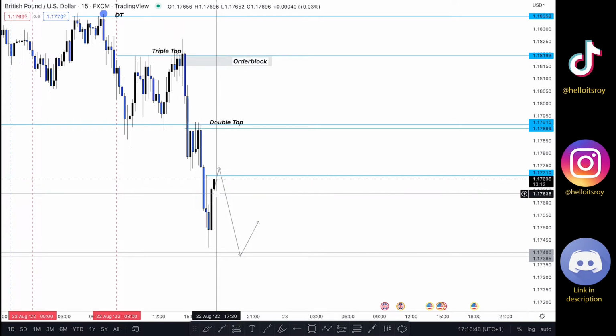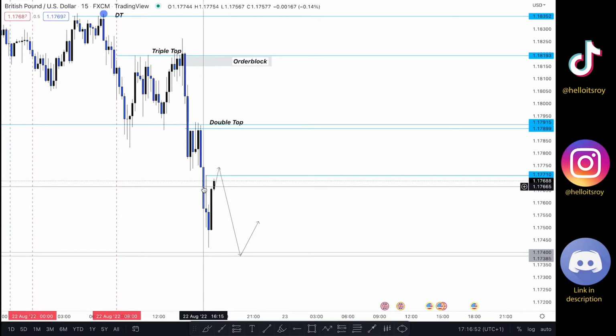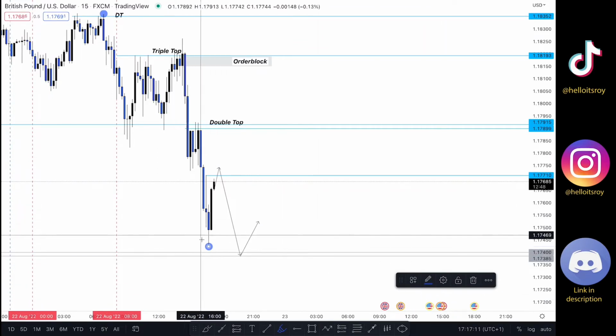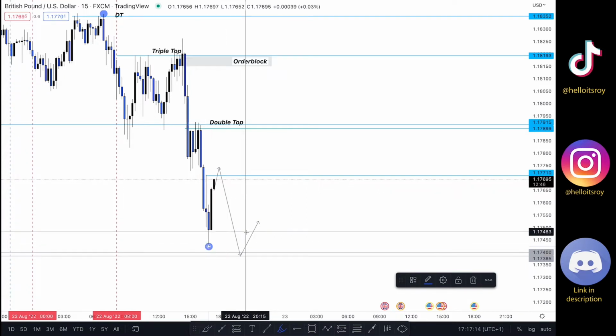GBPUSD, let's say, analysis right here, and as you can see, you adapt to the market. You don't just simply have a prediction and then cry about it when it doesn't happen, or react emotionally when it happens in another way. The market simply didn't tap into our area, so I'm looking at it as if this low right here needs to be liquidated. This is the hourly low of between 4 and 5 during London time, and I'm looking at it as a low that needs to be liquidated.